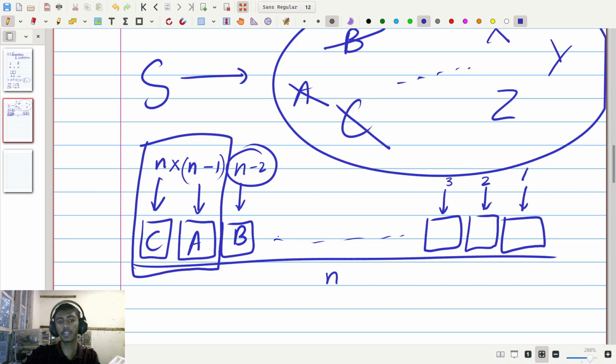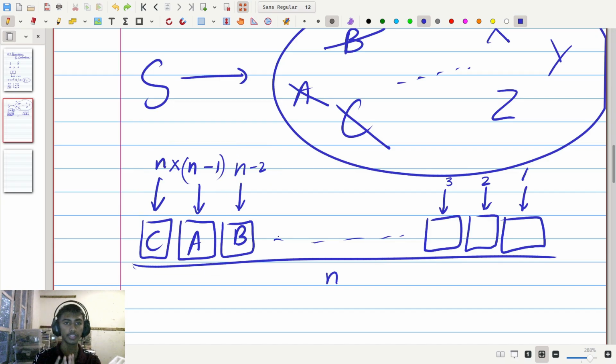And then if we consider that and we consider the total number of ways that we could establish the order of the first three boxes, we see that it must be n times n minus 1 times n minus 2. If we keep repeating this pattern, considering the total number of ways that we could choose for the next box, we see that our total number of choices becomes n times n minus 1 times n minus 2 times